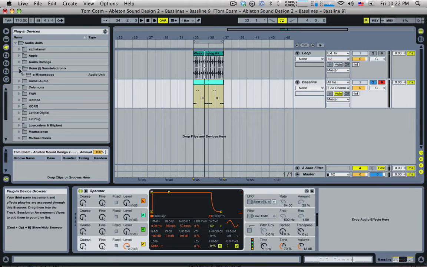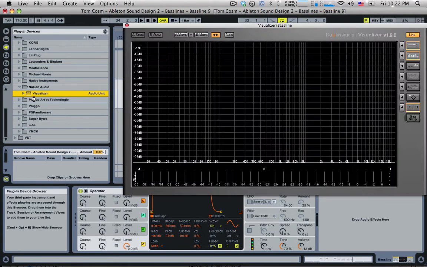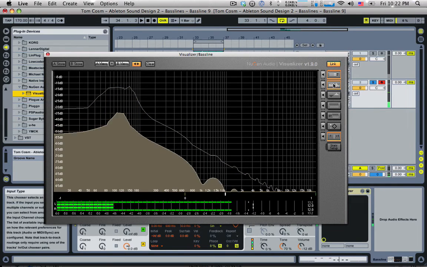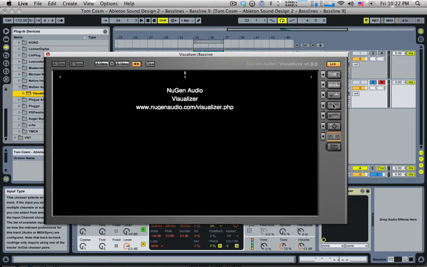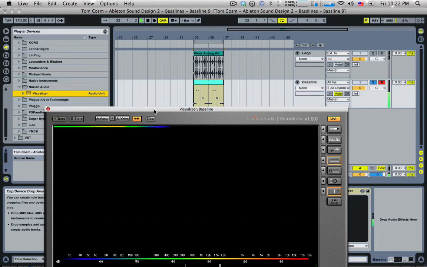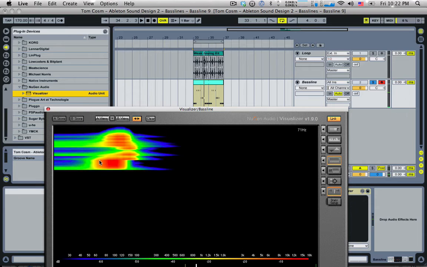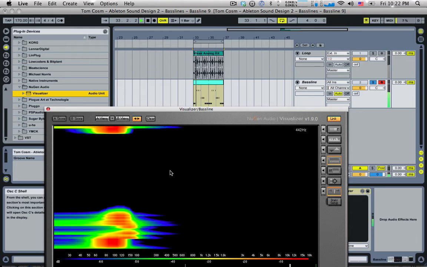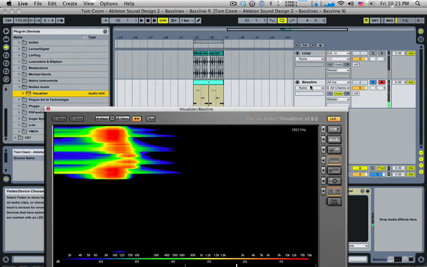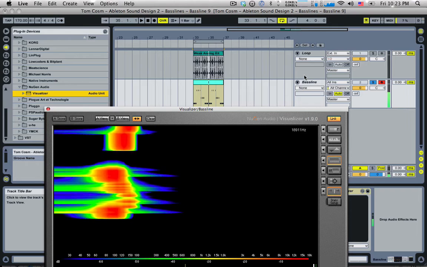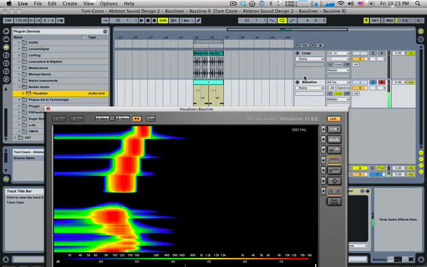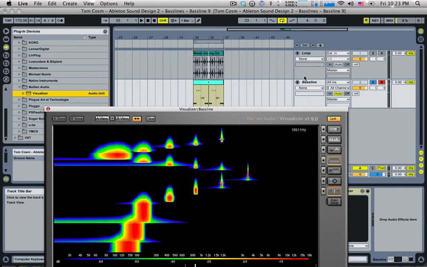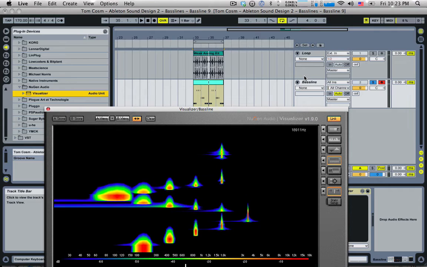What I'm going to do is quickly load up this plugin that I have called Visualizer by NewGen Audio. Highly recommend it if you're into looking at waveforms and stuff. It's just an EQ kind of view for us right there. Let's go into this view here, and we can actually see this is frequency here. The color defines how loud it is, and then of course time, it's moving down. If I play some notes here, we can see the pitch of where the note is, which is great, because if we go down here,